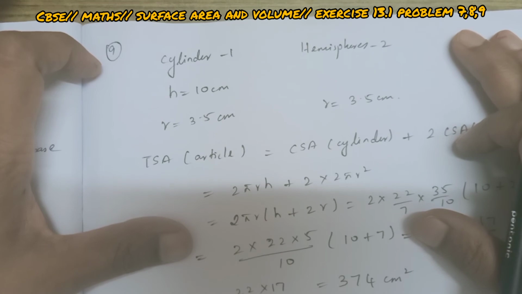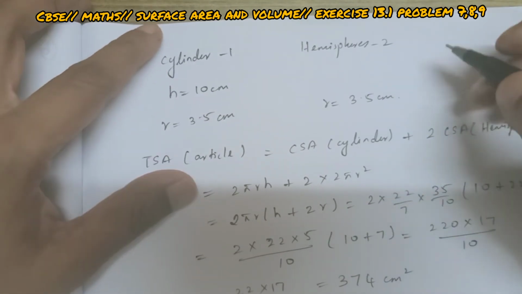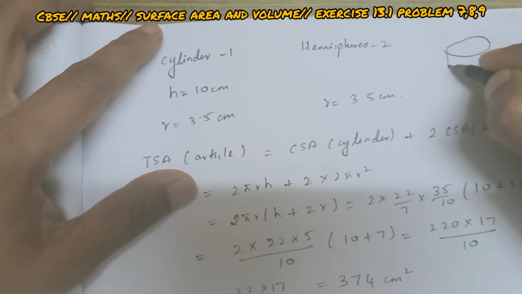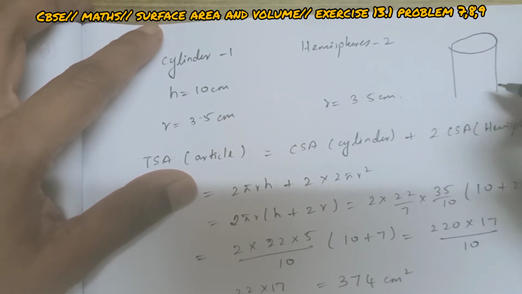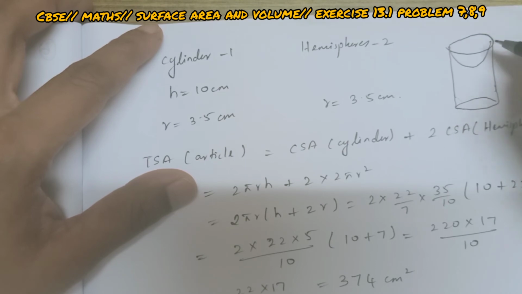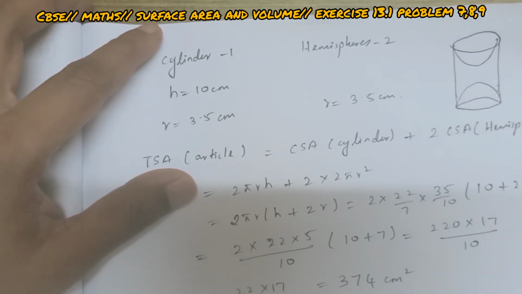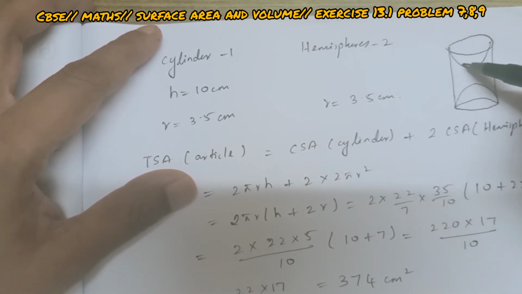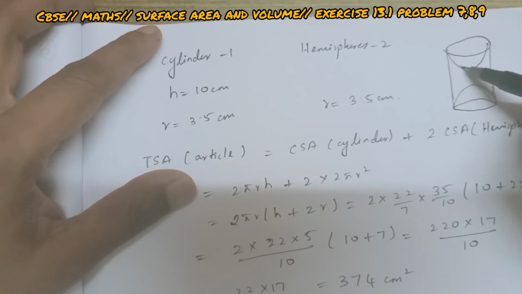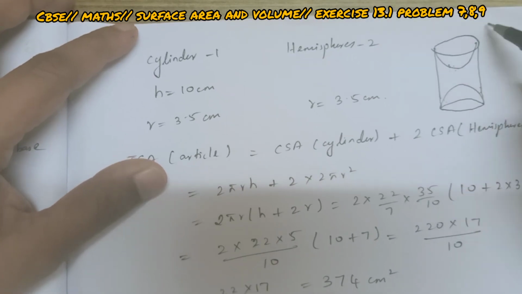In problem number 9, you have a cylinder from which we are cutting out two hemispheres. We have a cylinder. And what are we doing? We are cutting out one hemisphere from the top and one hemisphere from the bottom. We are scooping out a cylinder or any object, any shape means that surface is visible to us. That means we can touch and see it. So you should add it when you are writing the formula, not subtract it.